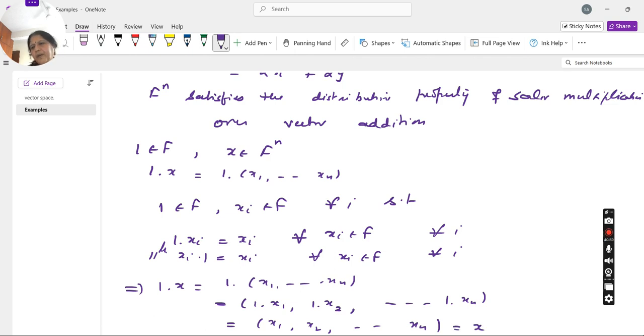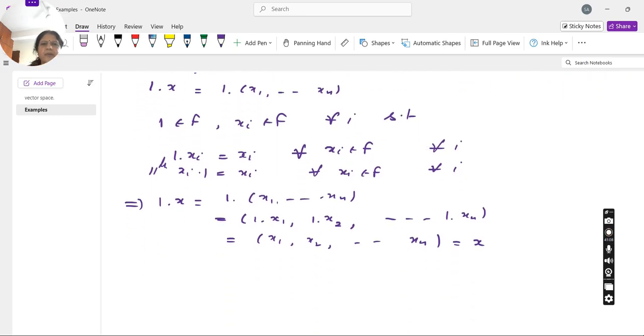Similarly, x into 1 is also x. If it satisfies the left properties, then it automatically satisfies the right properties too. And it is for all x belonging to the n tuple of F. That means Fn now satisfies all the 10 properties. So this n tuple of F is a vector space